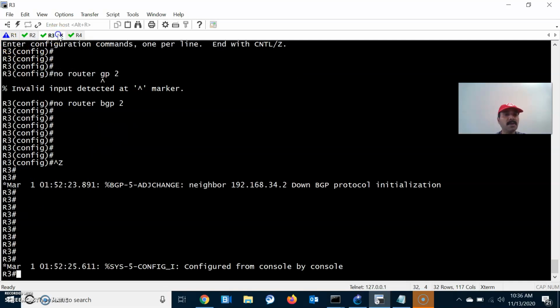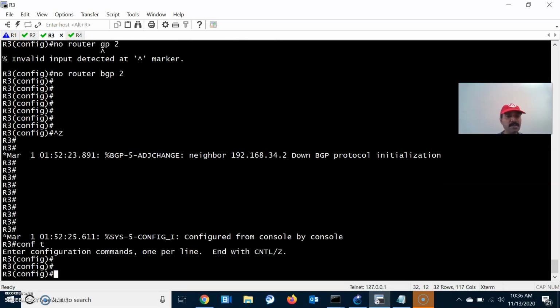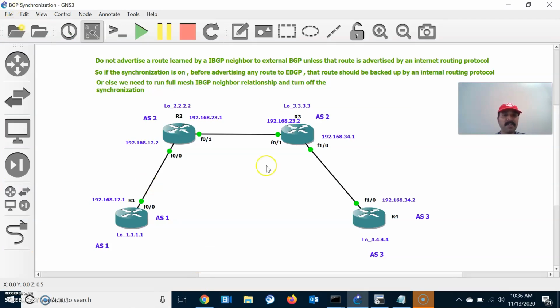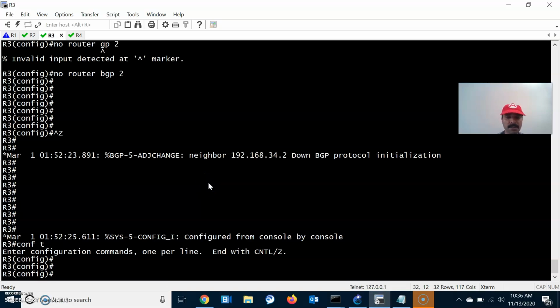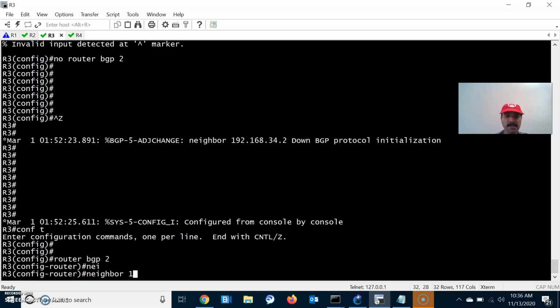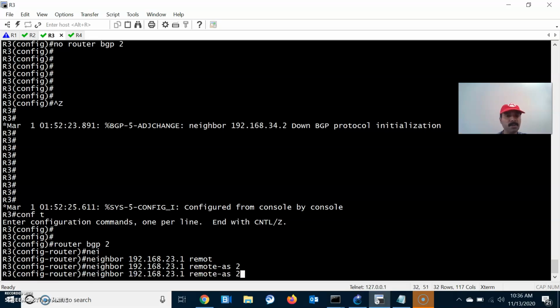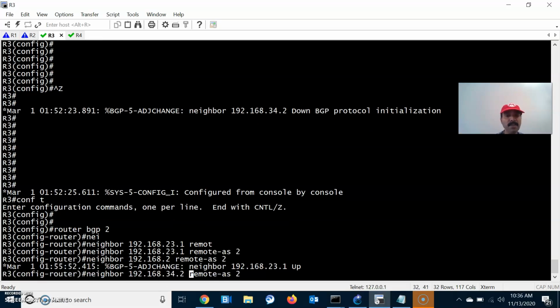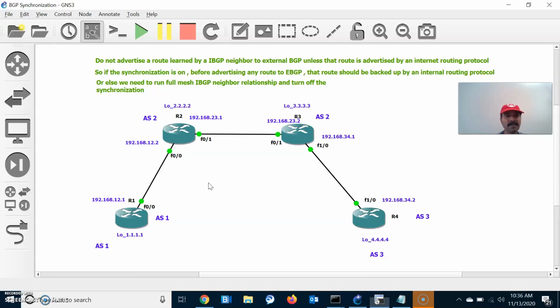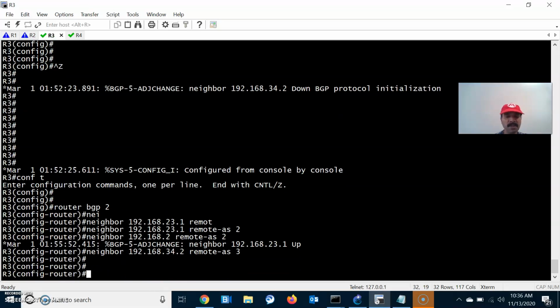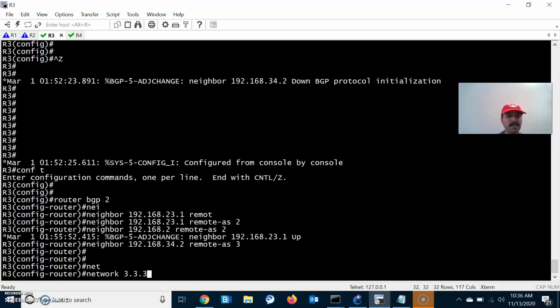So now let us go to R3 and R3 has two neighbors, one IBGP neighbor and another one is EBGP neighbor, right? So go to router BGP 2 and the neighbor is 192.168.23.1 and the remote AS is 2. Similarly 34.2, right? 34.2 and the remote AS is 3, right? So now let us advertise the prefix, that is 3.3.3.0 mask is